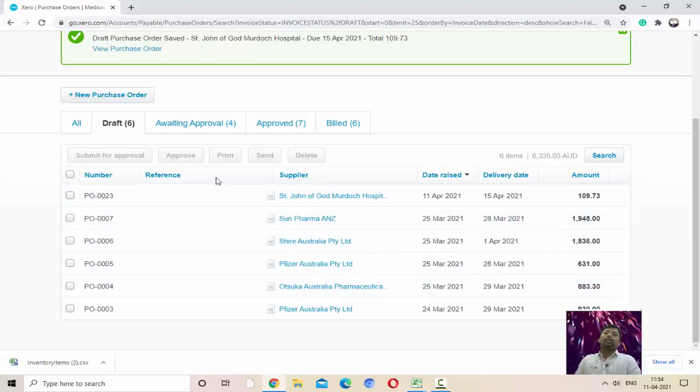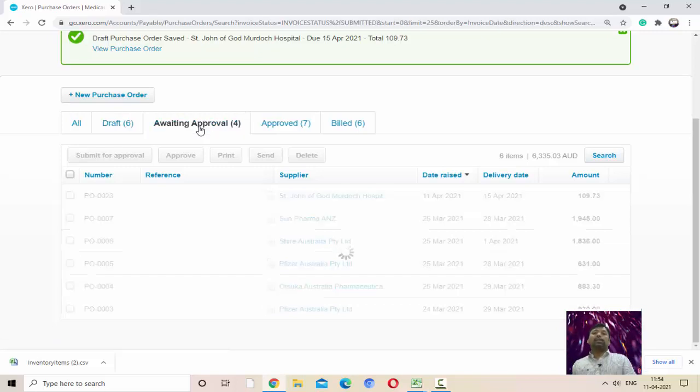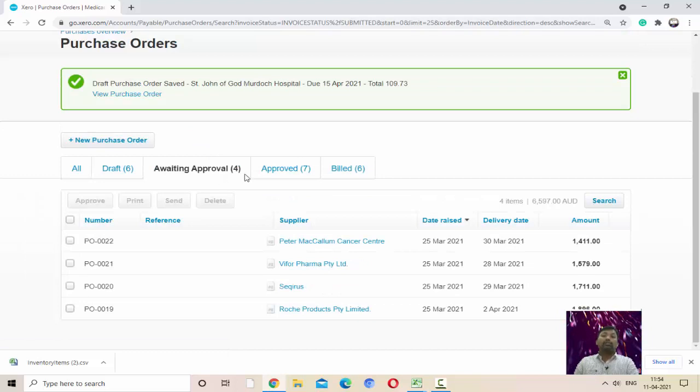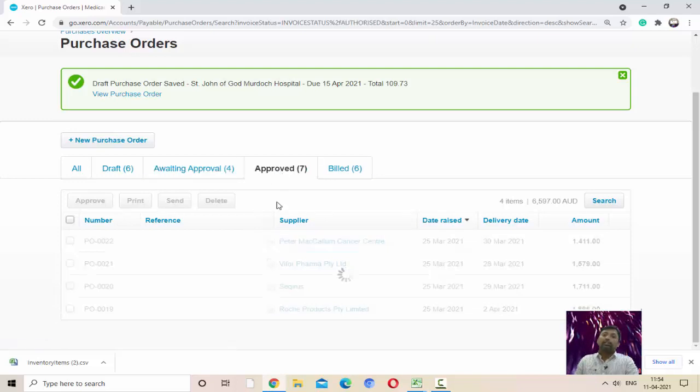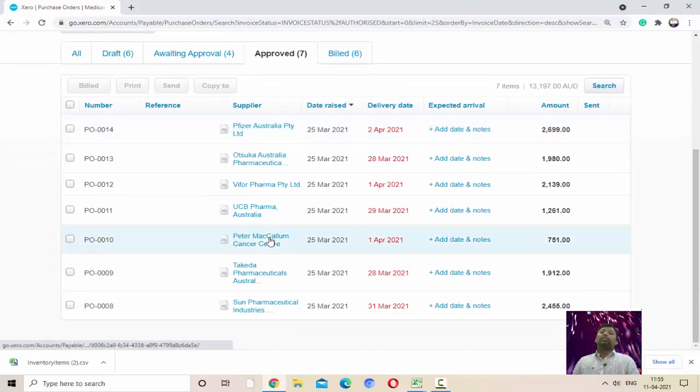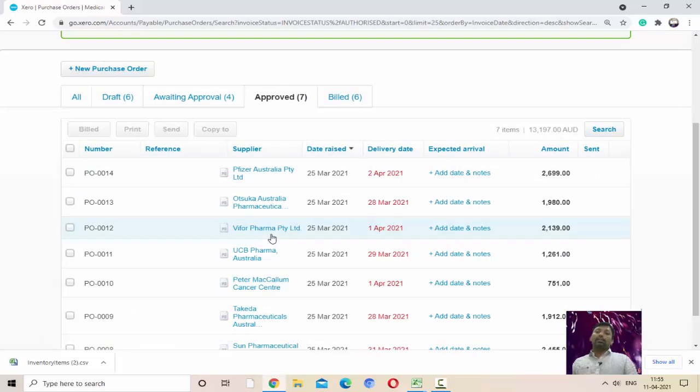And if you want to see the orders sent to the higher authority and waiting for approval, then click here on Awaiting Approval. There are 4 purchase orders which are sent for approval but not yet approved by the higher authority of the business. So I think you understand. And click here on Approved, meaning these are the purchase orders which are approved by the higher authority.